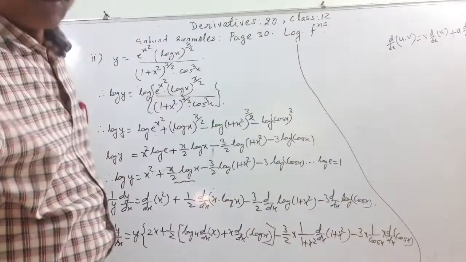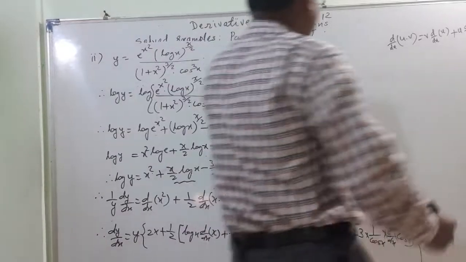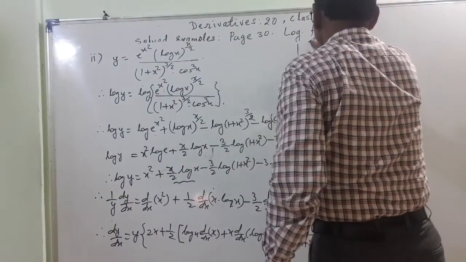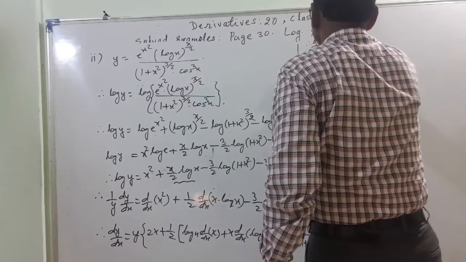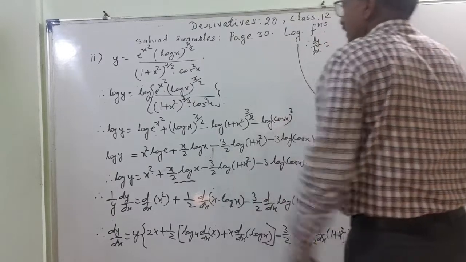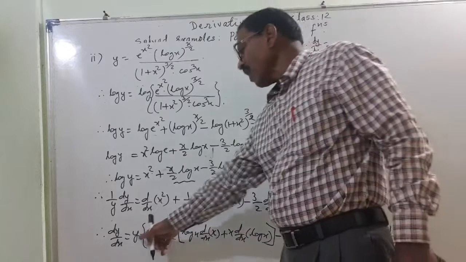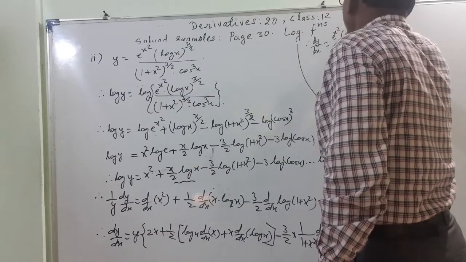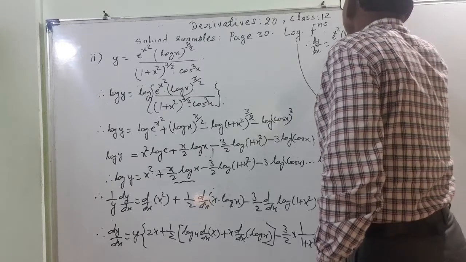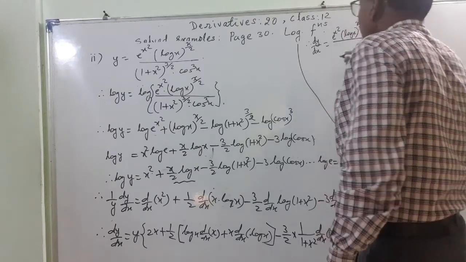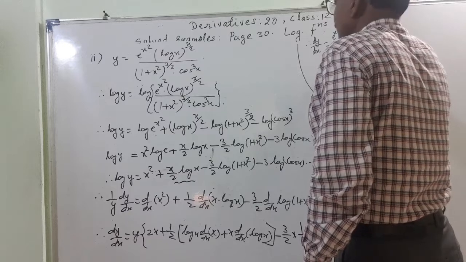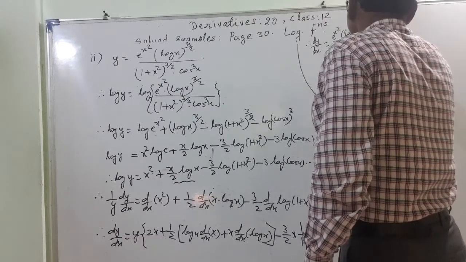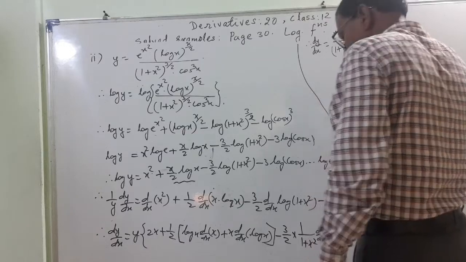So this u into v rule I am rubbing out. So that is therefore dy by dx is equal to, what is y? This y I will put that e raised to x square into log of x raised to x by 2 upon 1 plus x square raised to 3 by 2 into cos cube of x. This is our y. And now this part